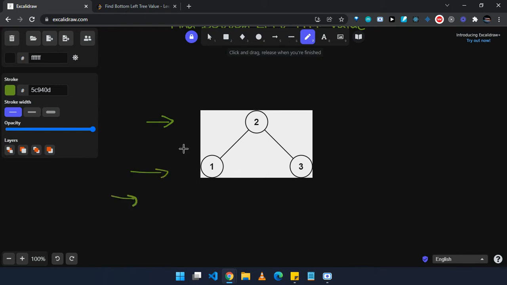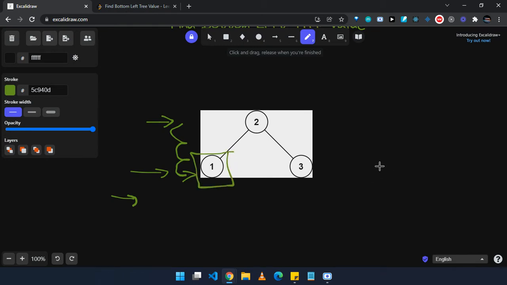We know that our answer will be in the last level, and in the last level our answer will be the leftmost or the first node in this level.